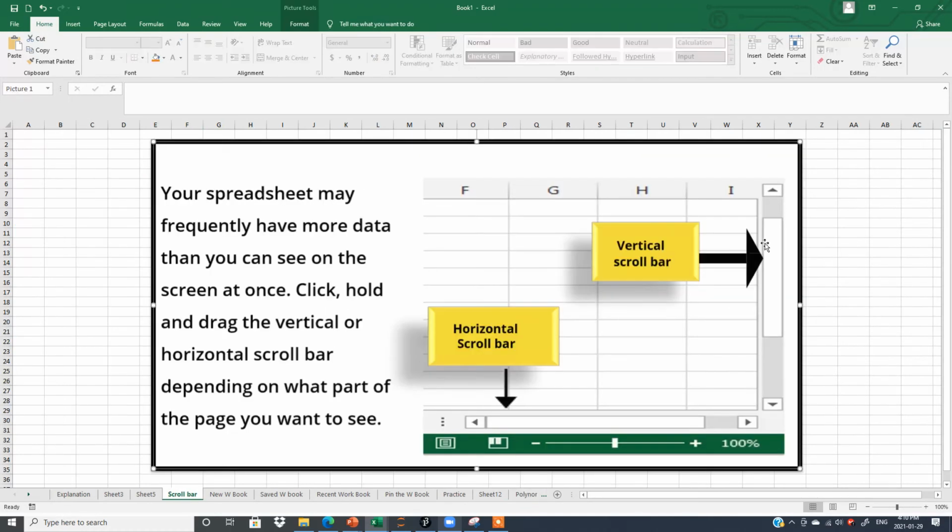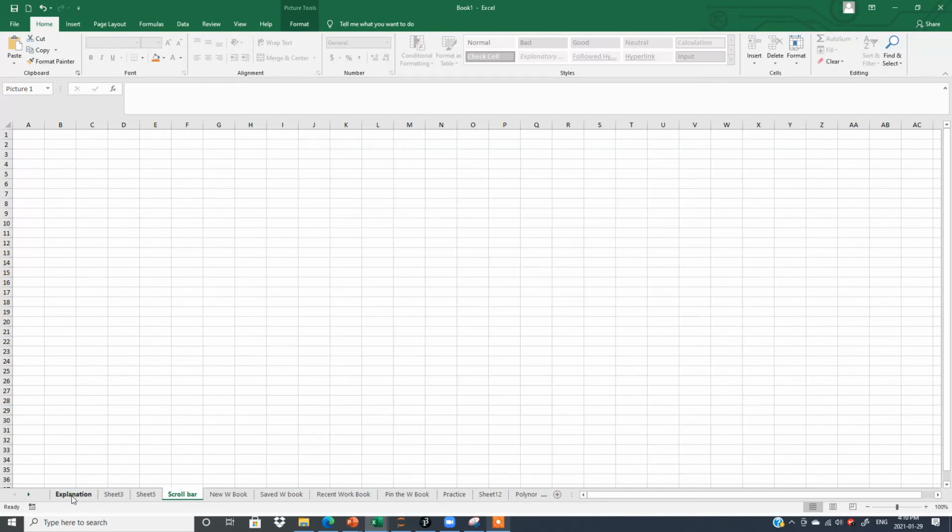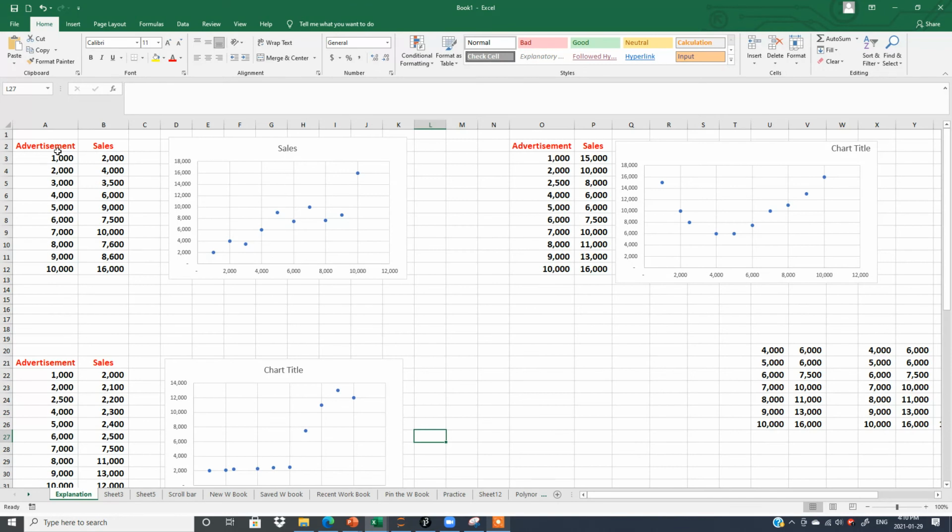Next is the scroll. See, this one is the scroll bar. This is called the vertical scroll bar. This is called the horizontal scroll bar. Now, what is the meaning and where will we use them? I have written some information here, but I will show you with the help of an example. See here.